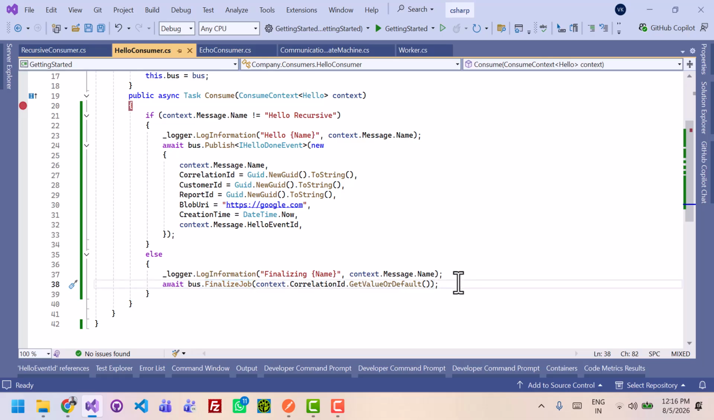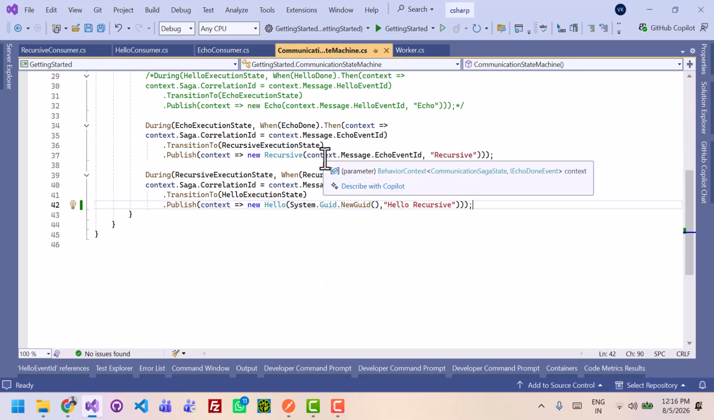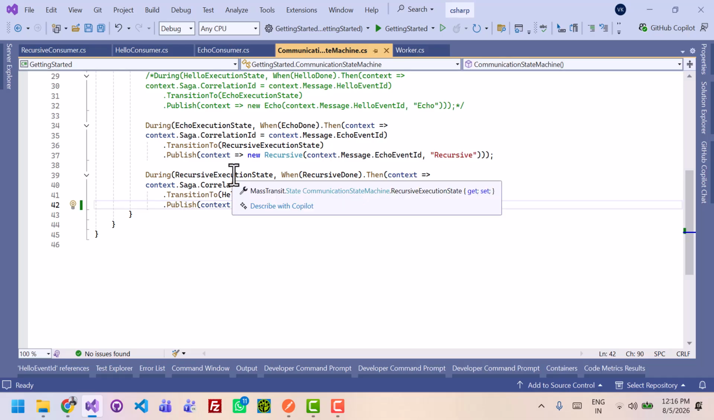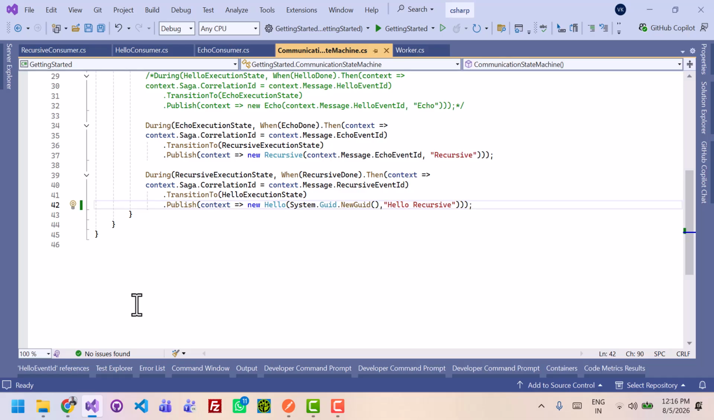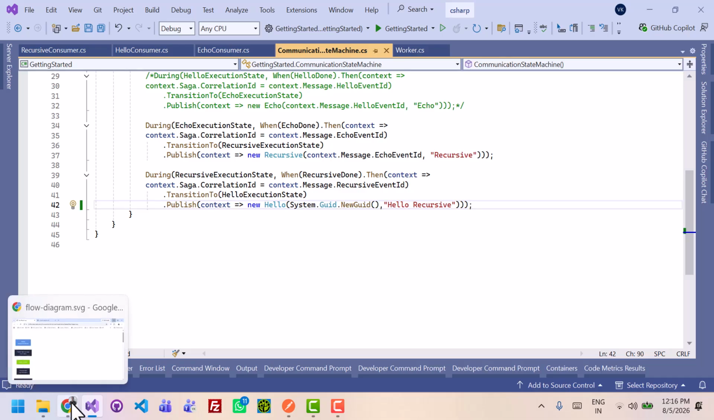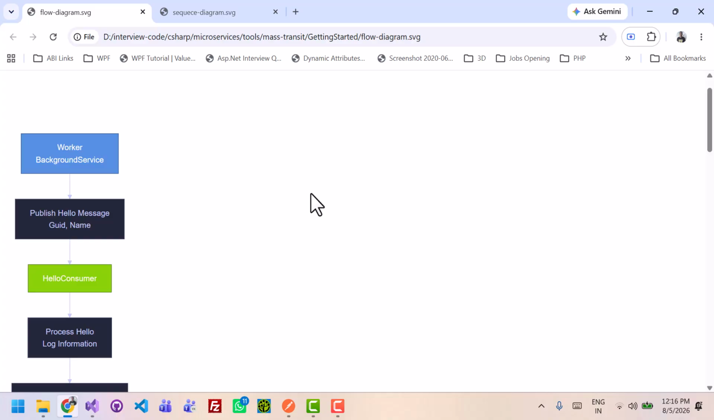Okay. So one of the most important concepts here is the correlation ID. Imagine 1000 users all publish hello simultaneously without correlation IDs. The Saga cannot know which echo belongs to which hello. Instead, every workflow carries the same GUID. Okay, so we can see the workflow here. It publishes a hello message with the GUID,